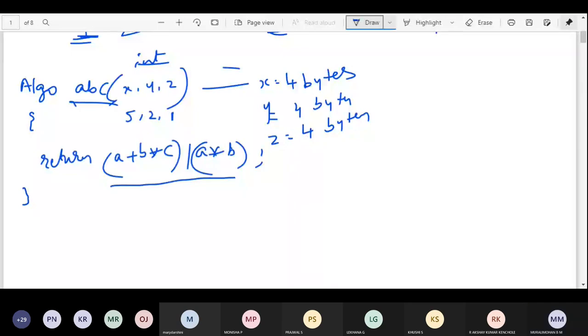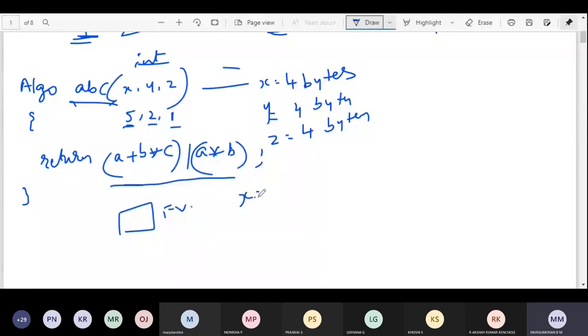Apart from this, is there any variable which varies here? How many times you will execute this one? Each and every time it will return some answer, only some fixed value it will return, right? This value may be depending on variable values, but all these take only 1 unit of memory, that is 4 bytes.